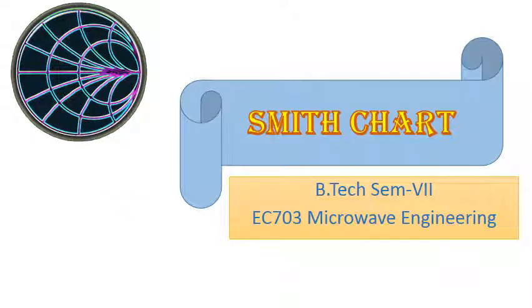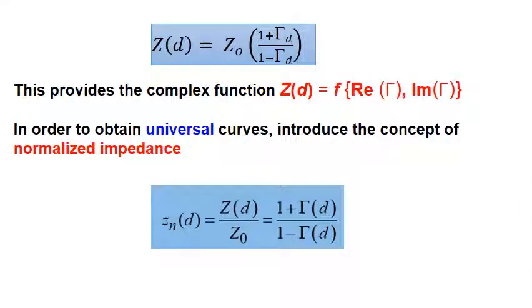Welcome back. We continue with the Smith chart. We have seen that the Smith chart is a 4D representation of two complex number quantities, impedance and the reflection coefficient. We always plot the normalized impedance on the Smith chart. So for that, the impedance under consideration is divided by the characteristic impedance, and we plot the normalized impedance so that we can cover the bigger range of the impedance on a smaller paper.